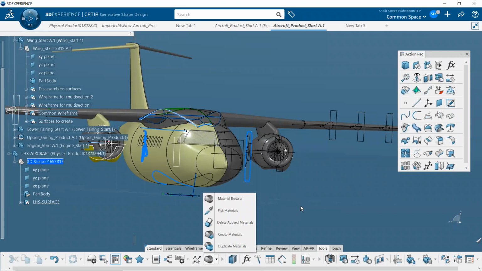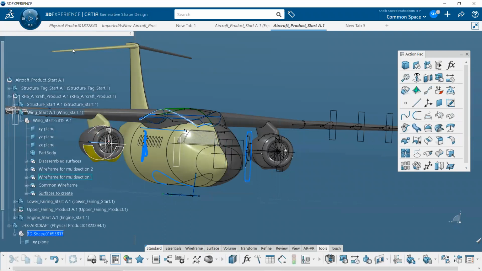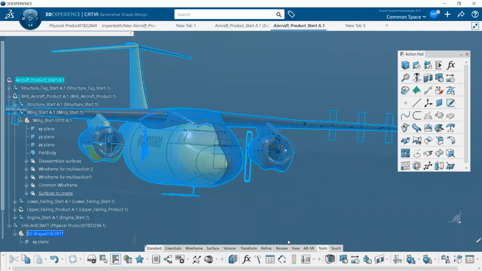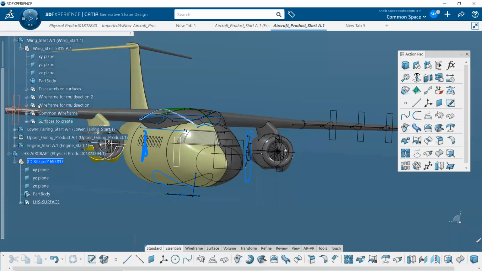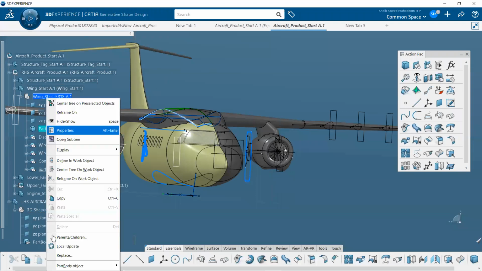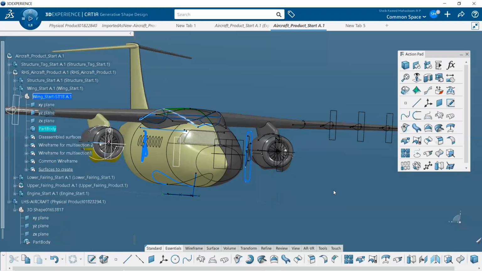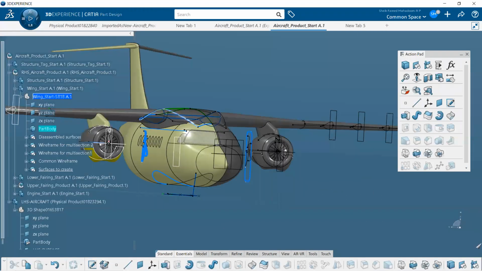Thickness adding, yeah, we have to go to the part design. I can show you. We have to go to the part design workbench. On the part design workbench, there is an option called thick surface.